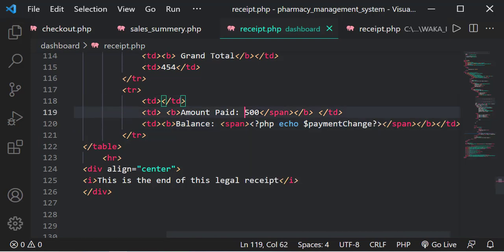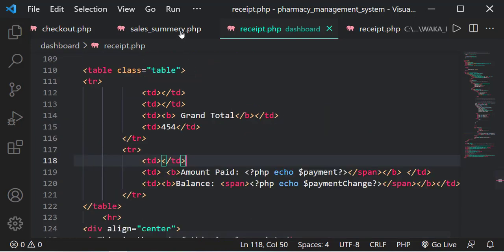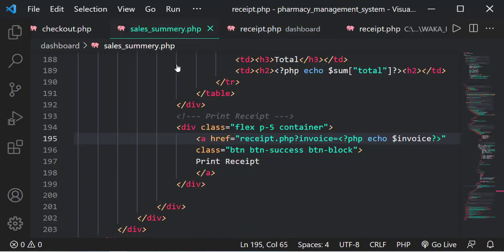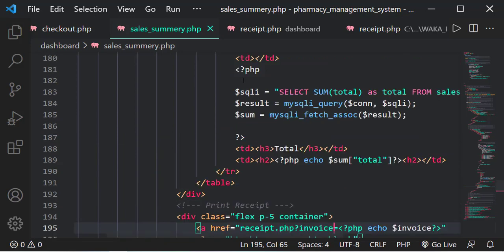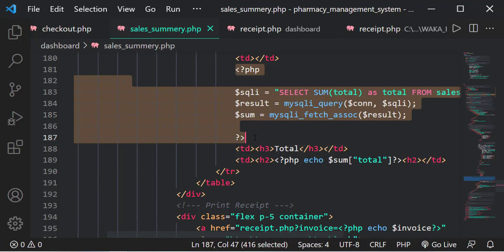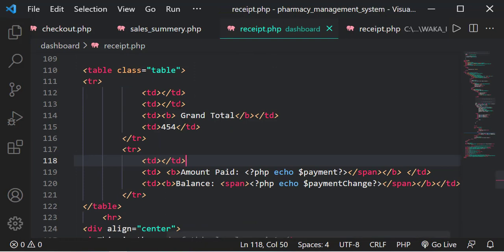And the amount paid again here, this one should be payment. And for the grand total, I think I'm just going to come and grab what we have here. I'm just going to grab this code because it is similar to what we want there, and I had already explained how it is working, so I can just grab that to save time, and